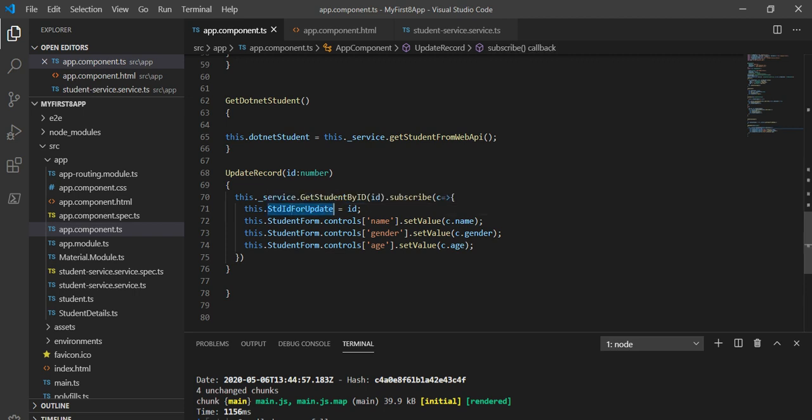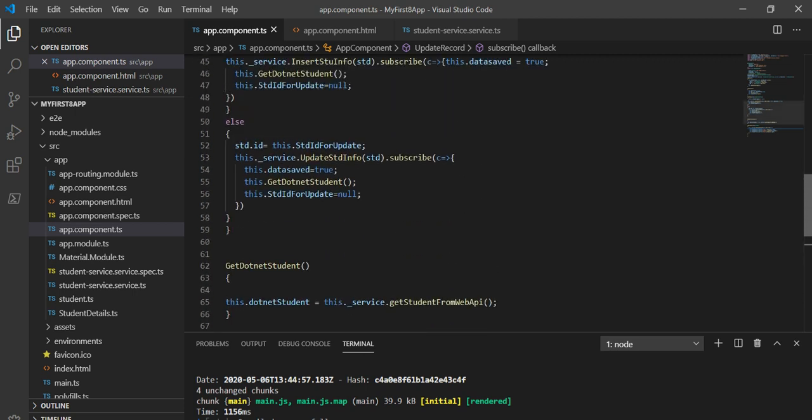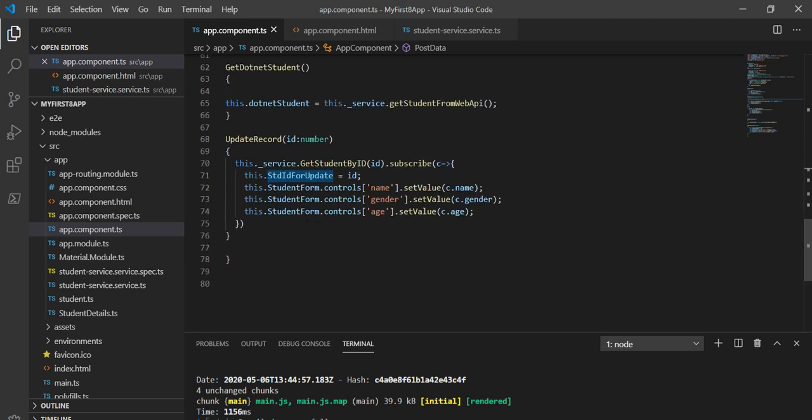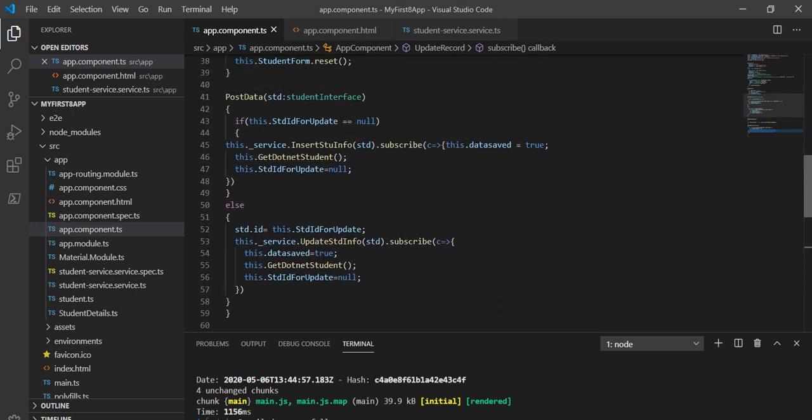Like first we define this variable, it should not be null because we are going to update, and we check this variable here. So here we have assigned the id, and we are assigning all the values to the controls. And next we are going to post this data, and we are checking that variable. If it is null we are going to insert it, otherwise we are going to update the record. Let's save it and see on the browser now.